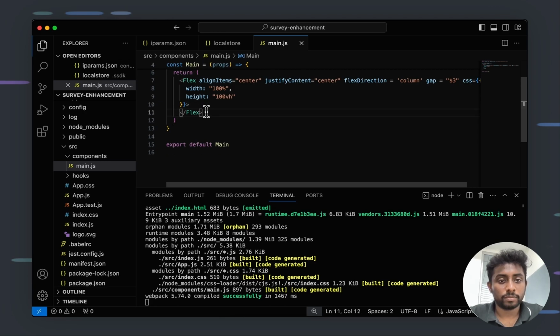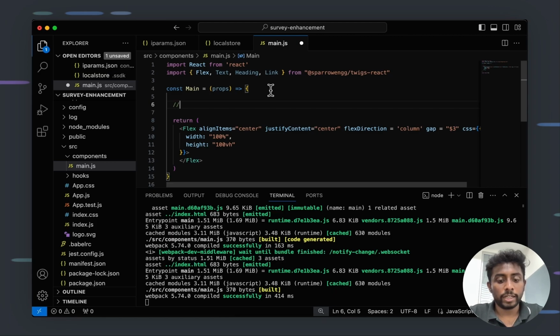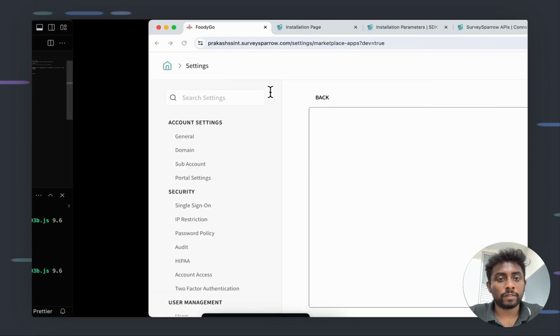We just need this one. And now what is the first thing we need to do? We need to fetch all the list of surveys to show it in the drop down, correct? So how are you going to achieve that? There is some specific feature called,